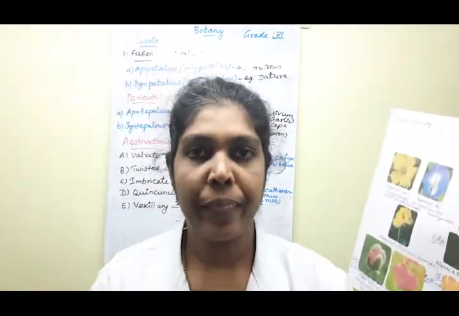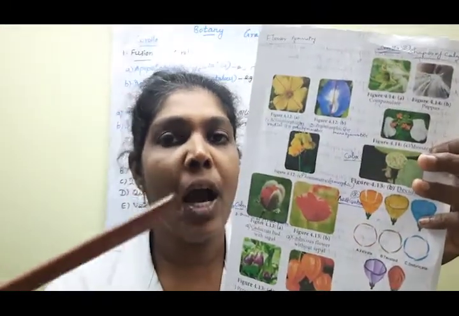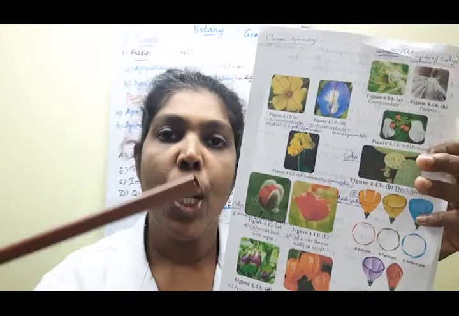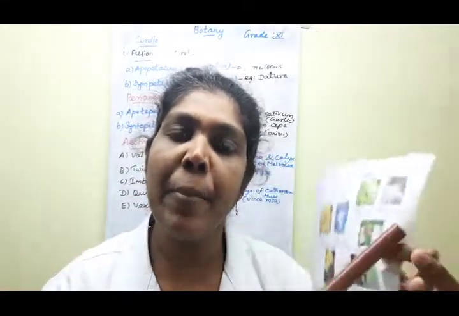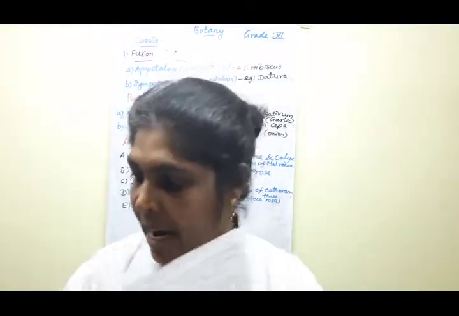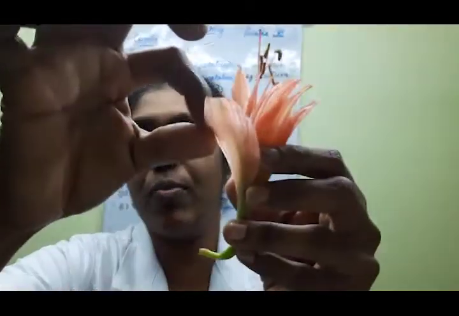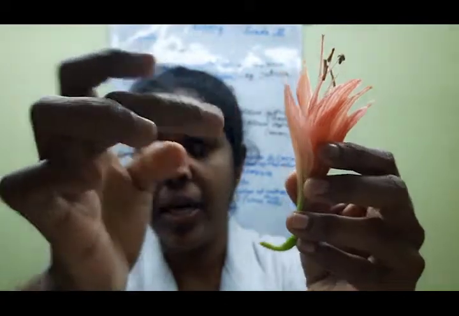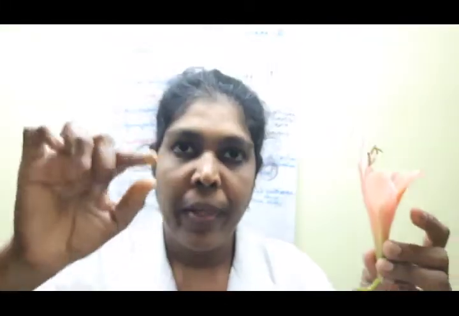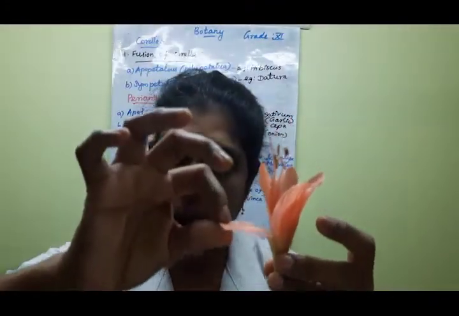First one, suppose we are looking at a flower with 5 sepals or petals. One petal has 2 margins, one on this side and one on this side. So look at this, this is one flower petal, isn't it? 2 margins means this one margin and this one margin. Understood? So listen, first, one petal is completely present on the outside.